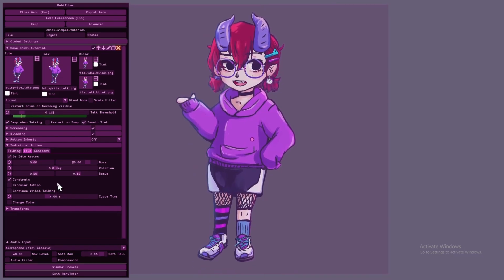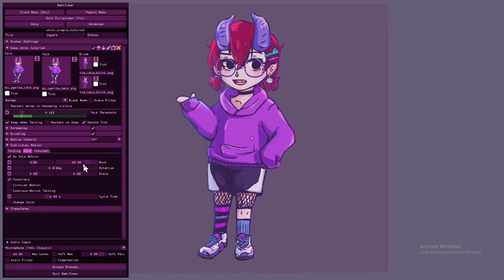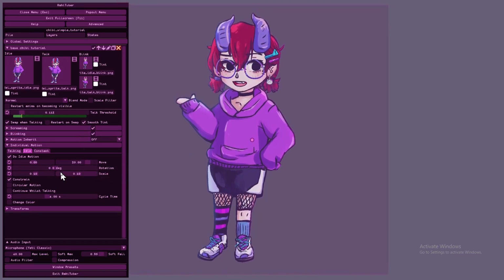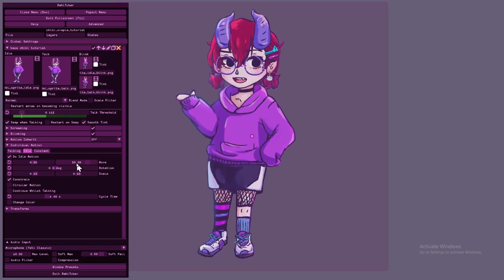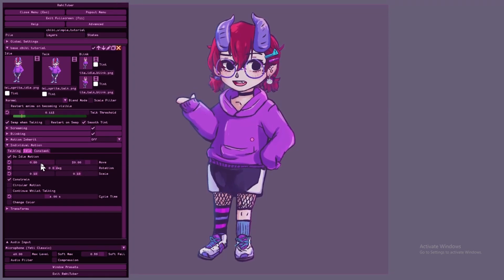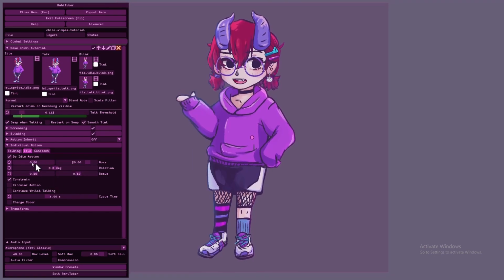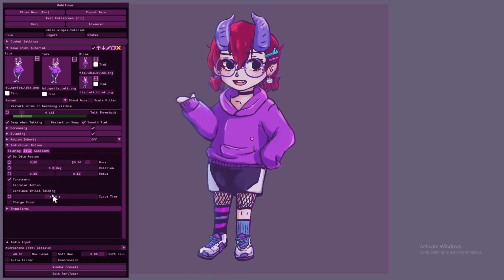We have a cycle time setting again. This will always change the speed of your cycle. This is another case where the motion will go from 0 to whatever number that you set in the box there, according to how fast the cycle goes. So in one cycle, you'll move, in this case, from 0 to 30 on the vertical axis, and will scale out to 0.10 and then come back to 0.